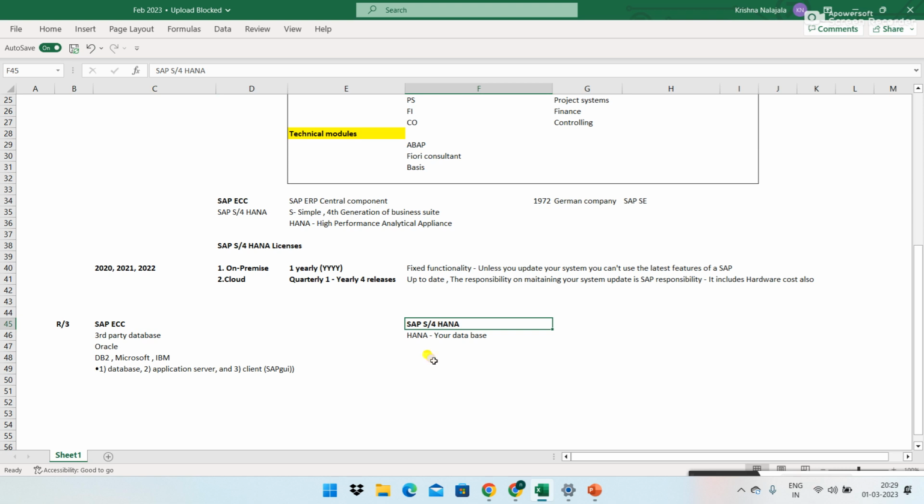What are the additional things? This we understood: one is the database. What is another advantage we have in SAP S4HANA? Let's talk about it: we have in-memory logic. What is it? Again, whatever we are discussing is an addition, not a key thing. It is good to remember these terminologies, but nobody asks you in an interview. This is all related to the basis consultant, but it is good to know a little technical.